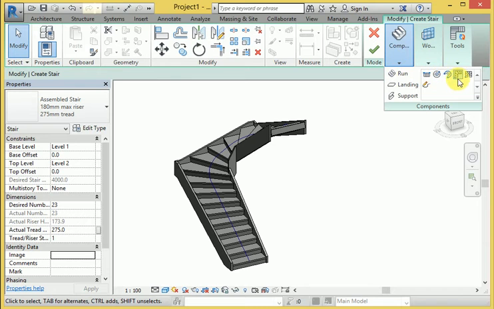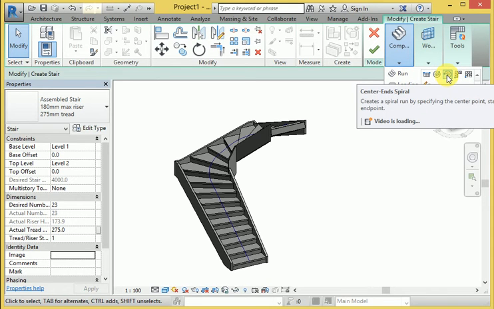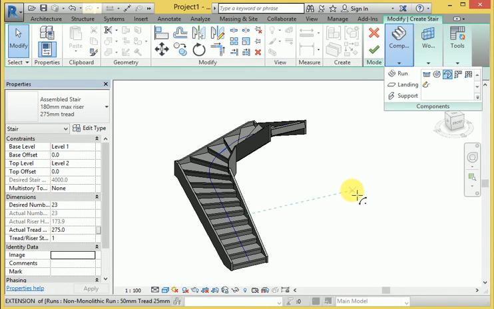Now again I will show you a different one. This is the end spiral here.